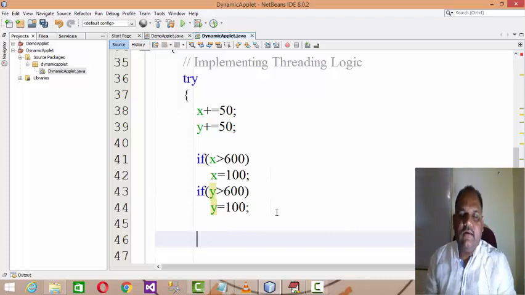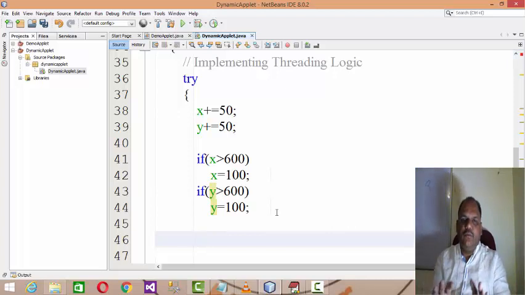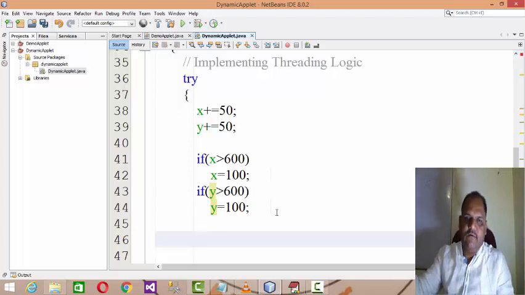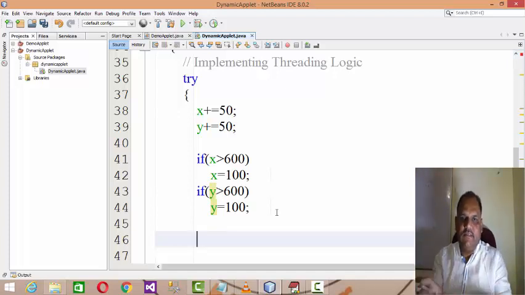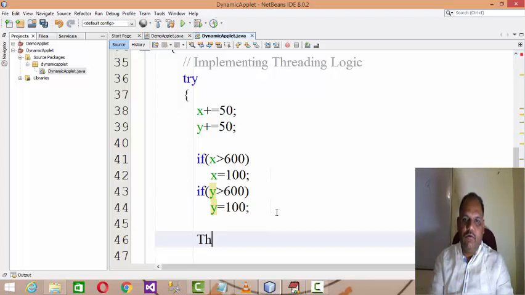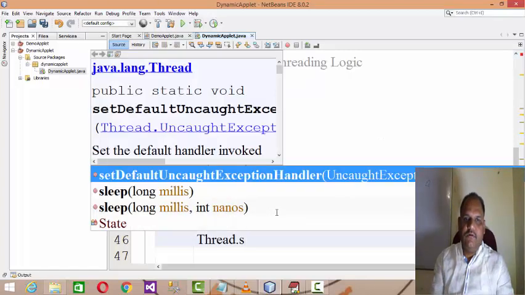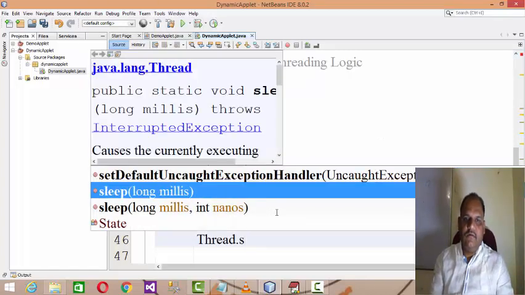Basically, Y has to be fixed for scrolling the text from here, right? Okay, I'll help you out about these things and what I'm doing. And then what you have to do? Thread.sleep, right?